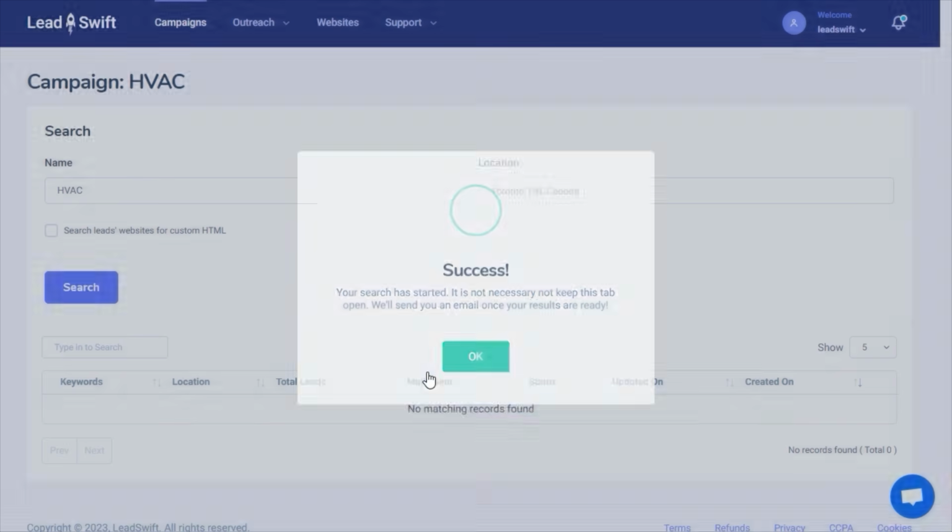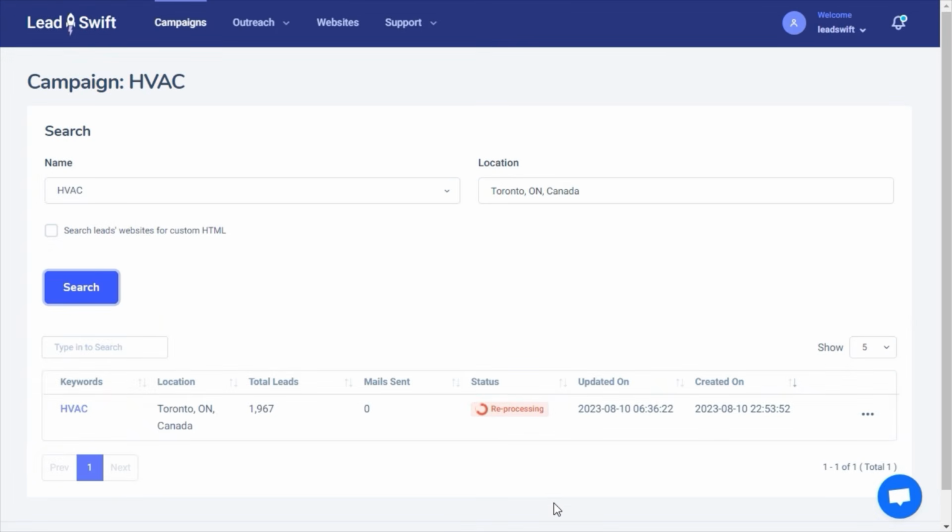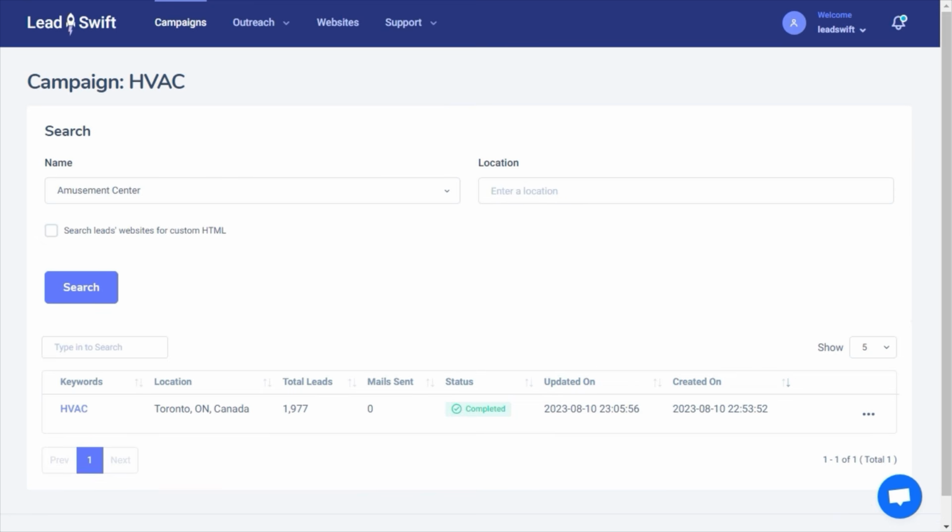That's it. LeadSwift will now scan all the local business sources such as Google Maps, Yelp, Yellow Pages, Bing, and Facebook. It will analyze every business's online presence and tell you everything you need to sell products or services to them. Lastly, it will fetch their contact information, including those of specific people working there. All of this data is captured fresh at the time of search. Within a few minutes, we can see LeadSwift captured